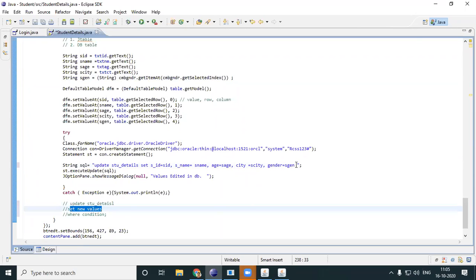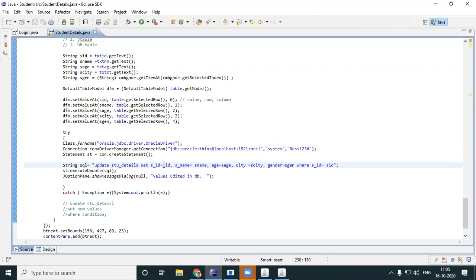Next, you have to give your where condition. Okay, where you can give anything. I'll just give very simple, where S underscore ID is equal to, just give any condition. S underscore ID is equal to whatever. Let's say SID or S name is equal to S name, give any condition. Okay, so that's it, my query.